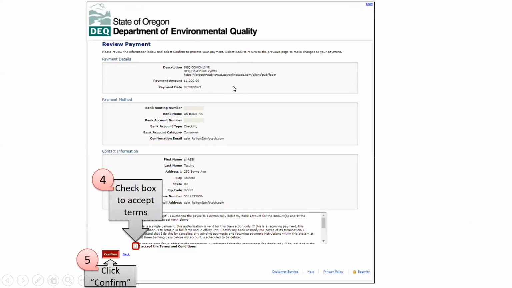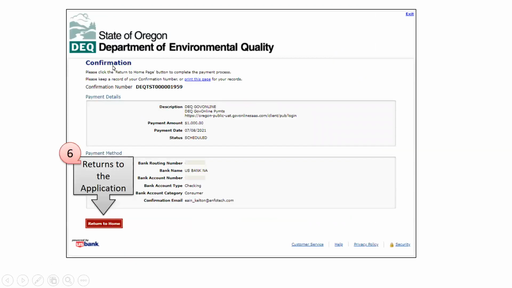This will give you the opportunity to review the payment information: the payment amount of $1,000, the payment date, and your bank information. Then you'll come down here, click this little box to accept the terms and conditions, and click confirm. That will give you a confirmation number. You can either print this page or just write down your confirmation number. That's up to you.